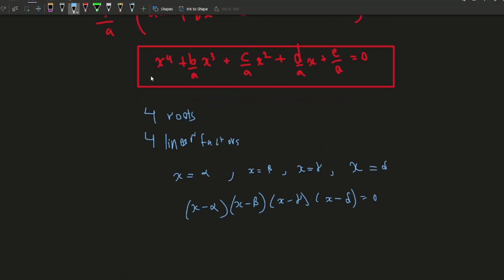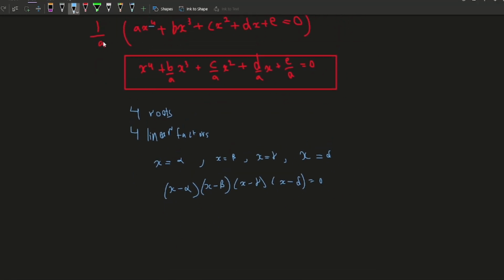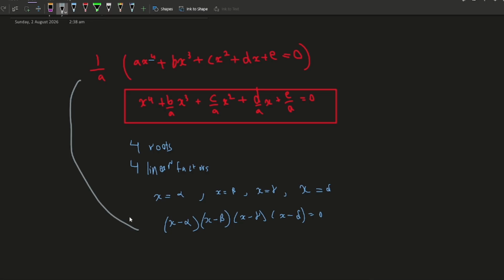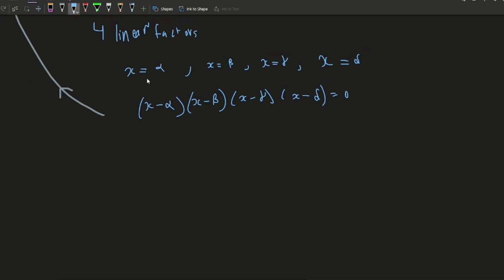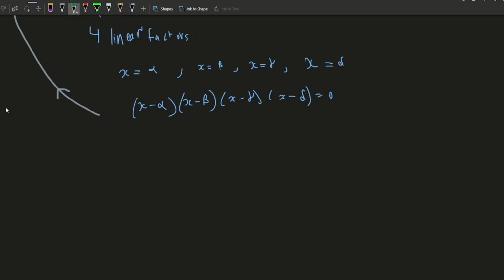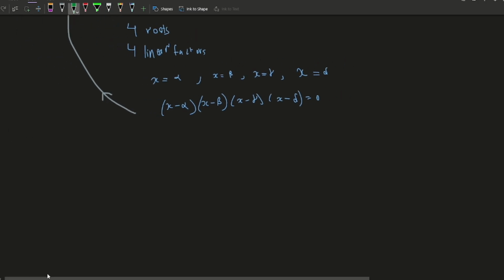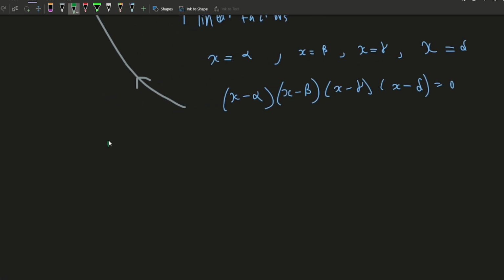equals 0. Now, if we were to expand these linear factors, we should be able to get our original equation back, right? So let's try that and compare it with our original equation. I'm going to expand them directly because it's getting very long. So it would be, let me change the color. You guys will see how long it is. So let me start from here: x to the power of 4 minus alpha plus beta plus gamma plus delta